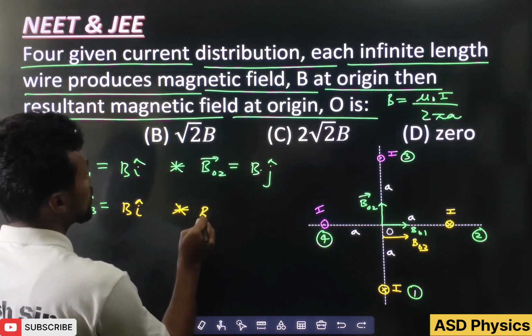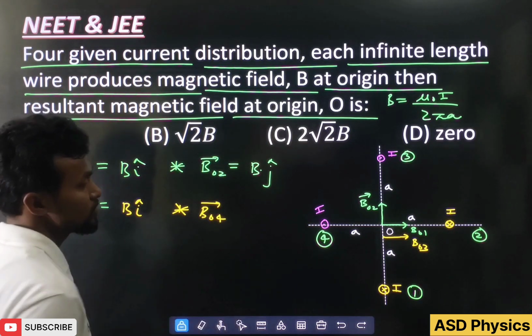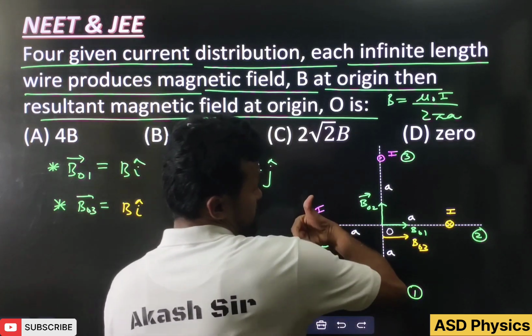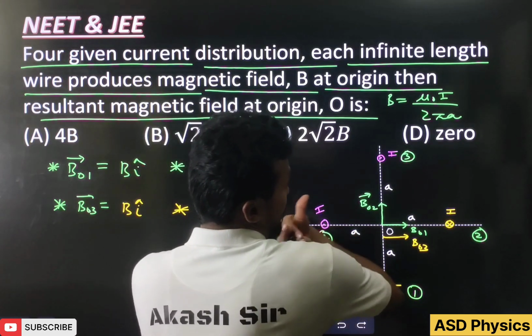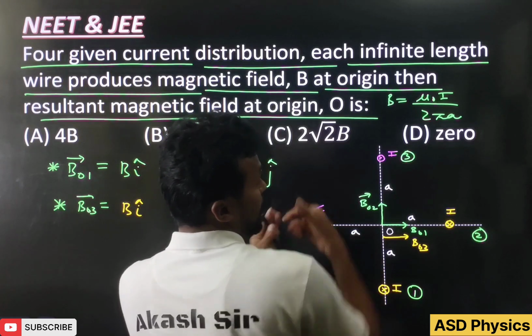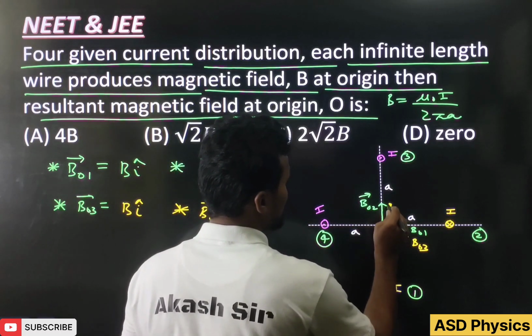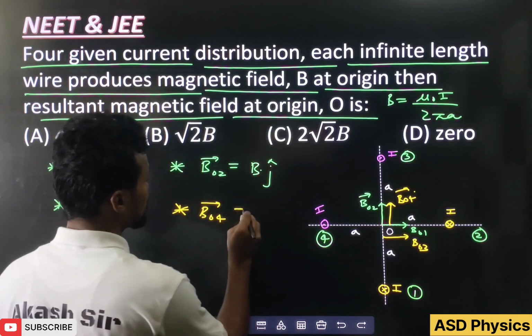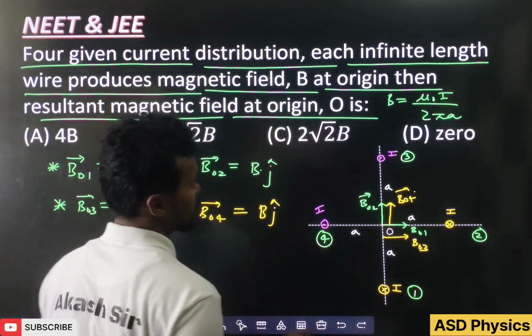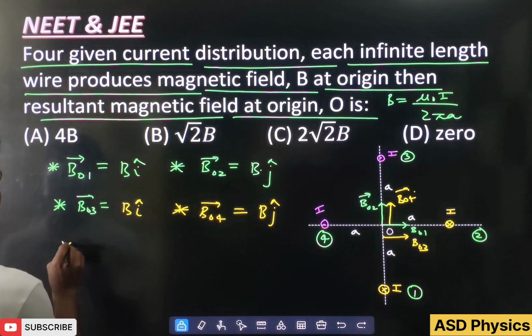Now you guess for B naught 4 even. See this one here. Again, you can see the current is coming outside, out of the board, dot inside the circle. All my fingers are outside, the palm is towards point O, and the thumb is going upward. That means we can write here B naught 4, which is also BJ cap. So the resultant magnetic field at point O means B naught 1 plus B naught 2